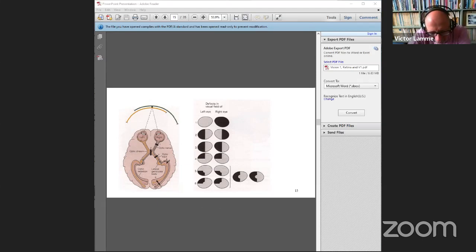So now you damage just, let's say, half of the optic radiation, and then you get damage to, of course, half of the left visual field. In this case the upper half, or in this case the lower half. Now, what you see here, this small circle or a quarter circle, and what you also get here with this